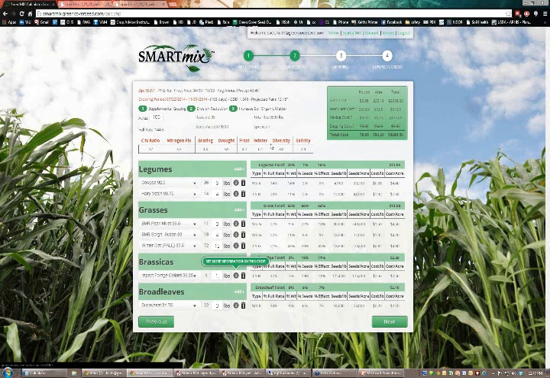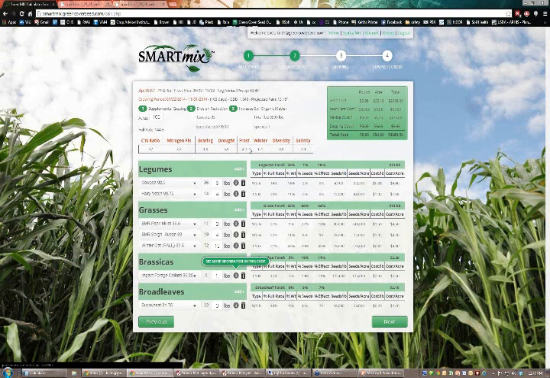We've got to come up with a way to adjust the carbon-nitrogen for the grazing. Nitrogen fixation, all these other numbers are on a scale of 1 to 10, with 10 being the highest and 1 being the lowest. So for nitrogen fixation, we're a 3.3 out of 10, which is not great, but nitrogen fixing wasn't one of our main goals, so that's okay. Grazing, we're a 9.4 out of 10. This is a pretty good grazing mix. I'm pretty happy with that. It's got a 6.9 out of 10 for drought tolerance, and that's simply looking at how drought hardy are these different species and how heavy are we planting them.